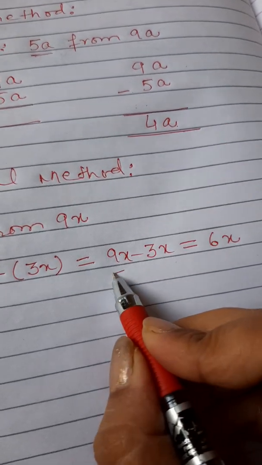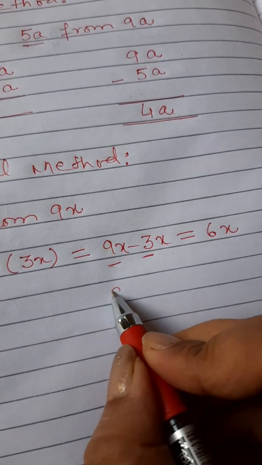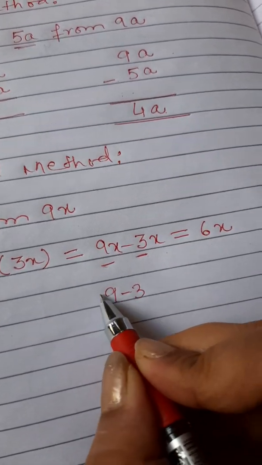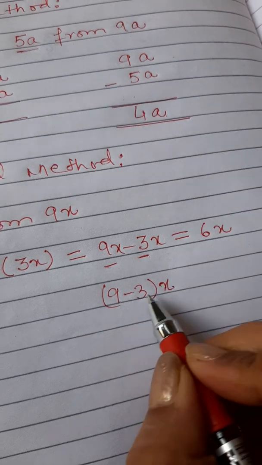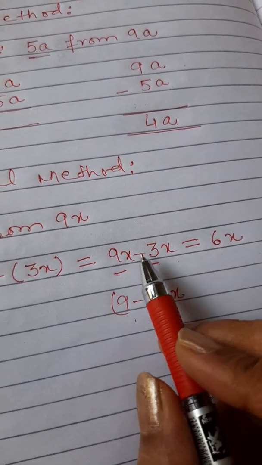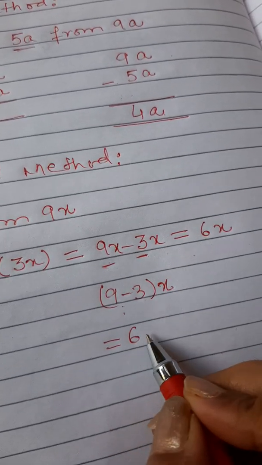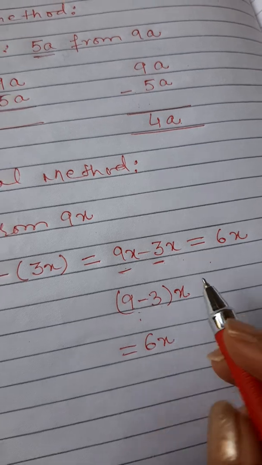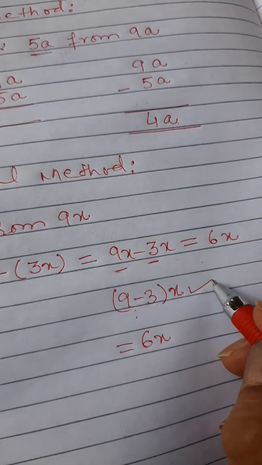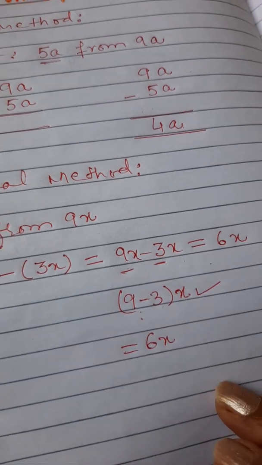Here students, you can follow that rule also, that subtract the numeral part first. You can do it like this also, or you can skip this step and you can subtract it in your mind also. So the answer will be 9 minus 3 is 6, so the answer is 6x, right? You can write this step or you can skip this step. You can do this step in your mind only, right?